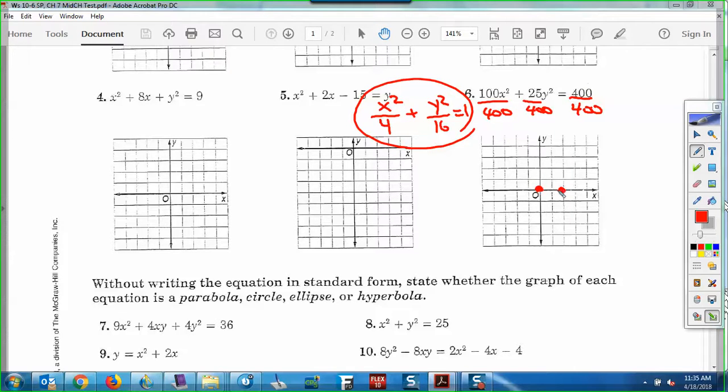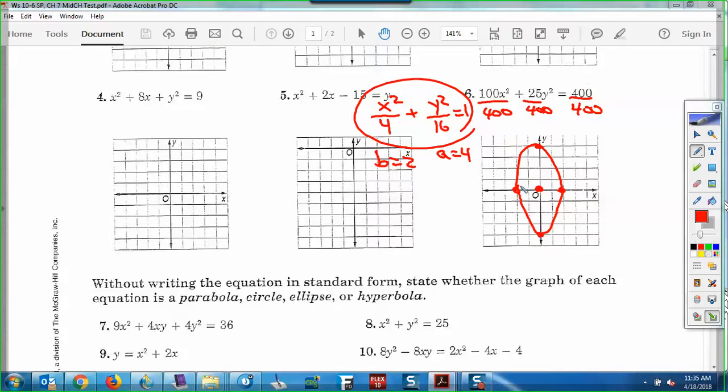But you say, well, that's going to be 2. I'm going to go 2 on the x, because it's under the x. And this one's going to be 4 along the y. So I'm going to go 4 along the y. Now, again, that is A, and that is B, so it's good to know that. You may need to know it, but for this problem, it didn't really matter which one's A and B. It's just the one under here is going to go on the y, the one under here is going to go on the x. There's your